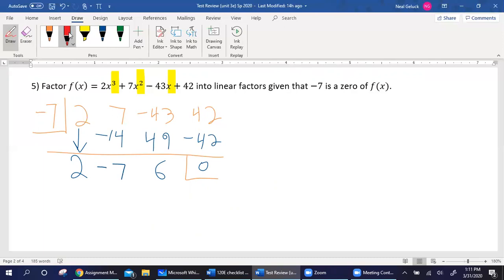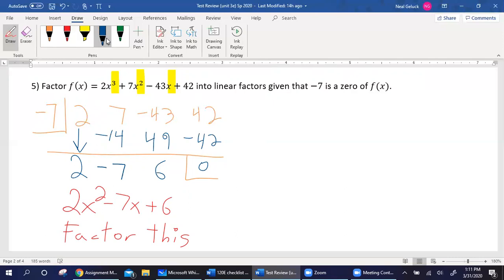Now, the key here is that I've taken this from degree 3 down to degree 2. So this is 2x squared minus 7x plus 6. Oops. I need to factor this. Now, this goes back to the factoring we've been doing since the beginning of the semester. We had several different methods. If you had my class, I taught you X box factoring, maybe you guess and check, factor by grouping, several options. But this quadratic here factors